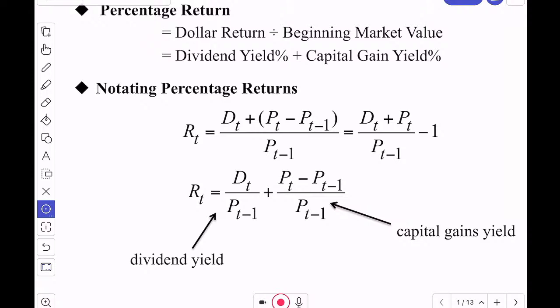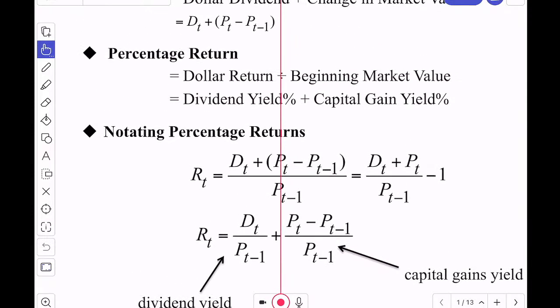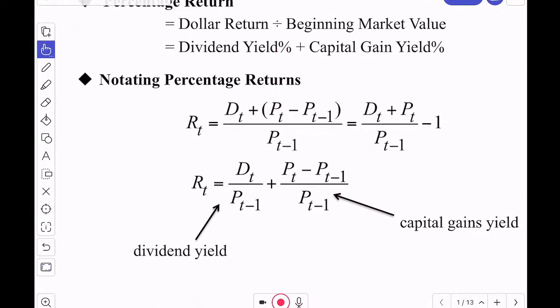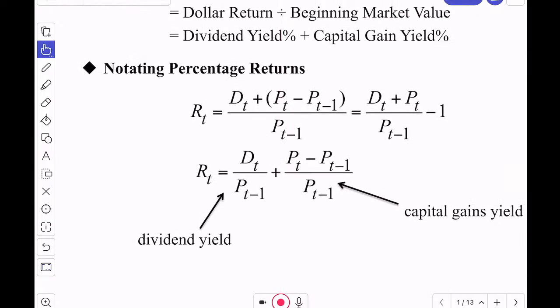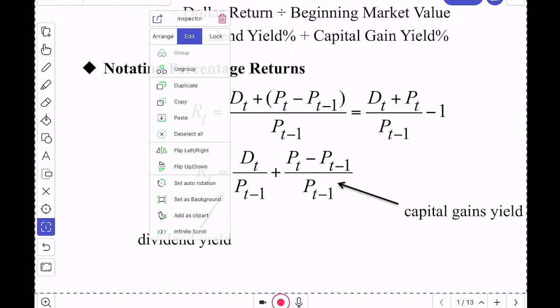Capital gains are only realized if you sell the stock. However, it does give it economic value. So we can talk about either the dollar return or the percentage return, and the convention is to work with percentages. So this is how that table of values